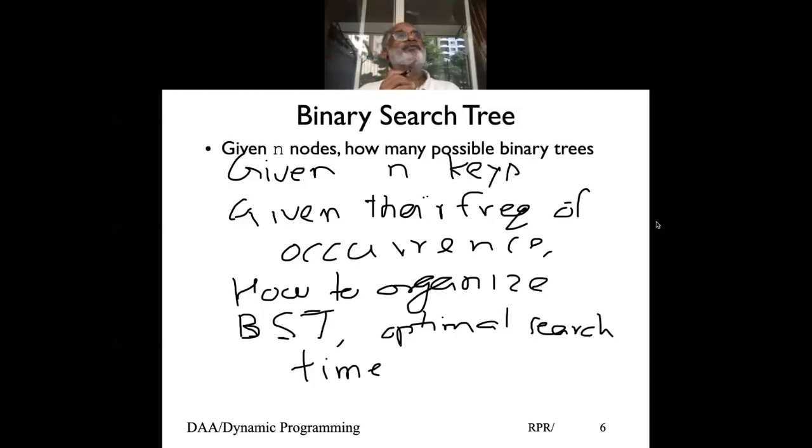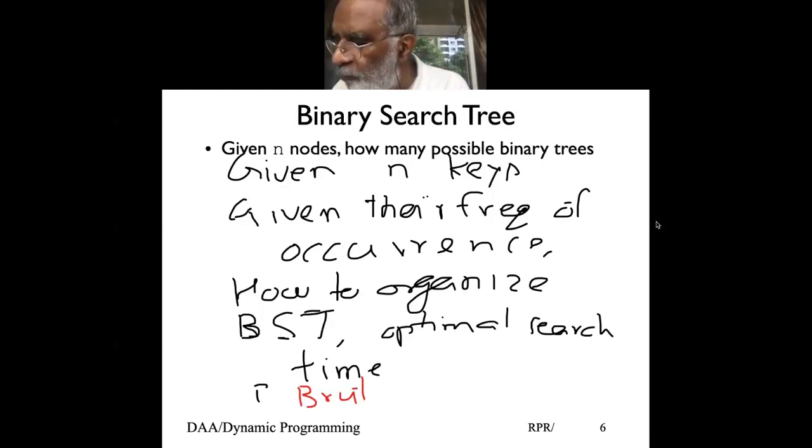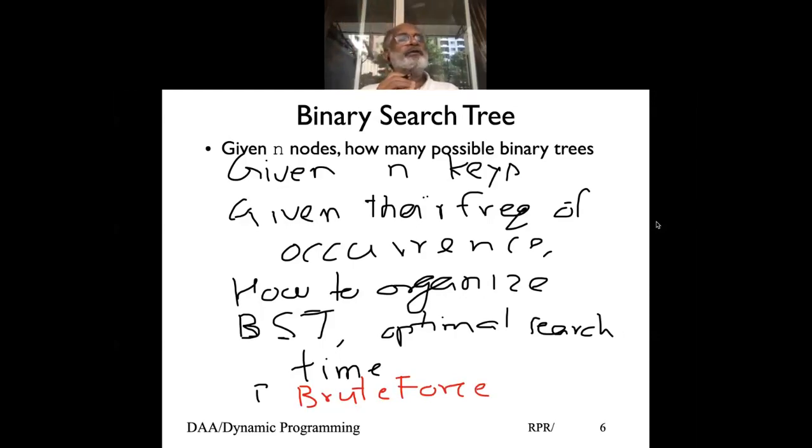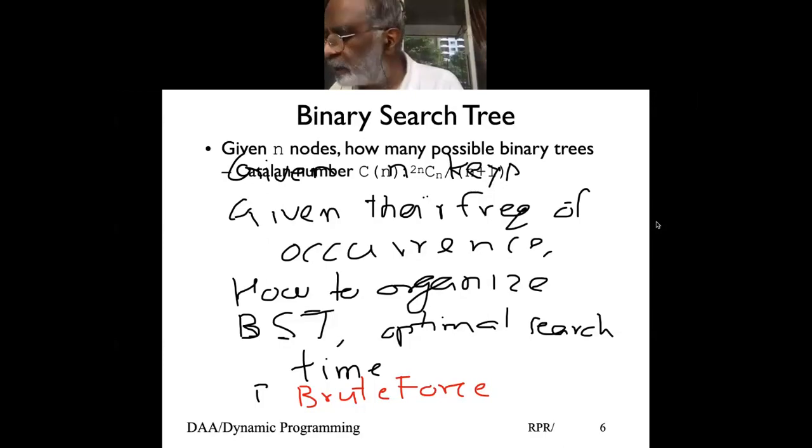First, one approach is what we call the brute force approach. Brute force approach means, for given n nodes, generate all possible binary search trees, search for each item, find the average computation, and then you get to know the answer. But then the number of search trees depending on n could actually be exponential, much higher. Then can you really do better? And that is what we'll try to look at.